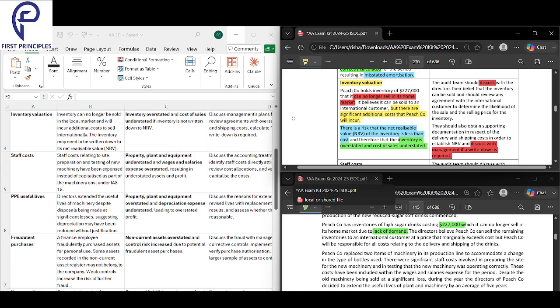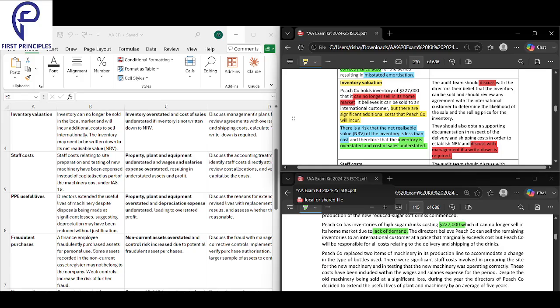But how much did I sell it for? 20,000. But how much came in my hand? 11,000. In this case also, since they are selling abroad, they are selling for a good amount, but there are so many more expenses that by the time what is left in their hand, it is very low. So the NRV would have gone below cost also. Leave selling price, NRV has gone below cost also. And if that is the case, they will have to write down the inventory.